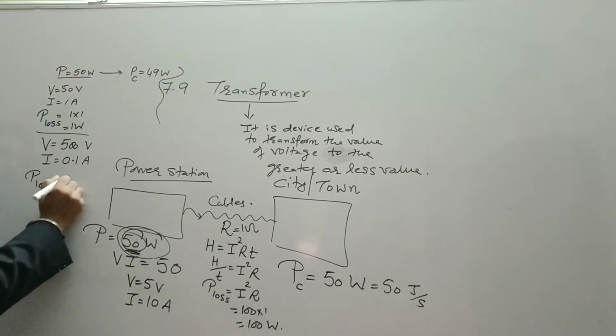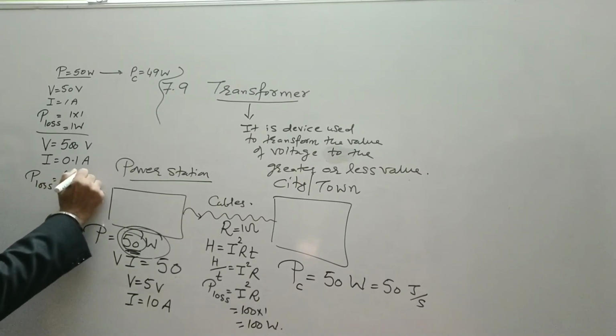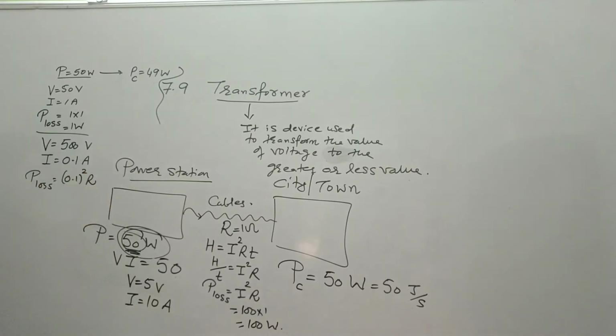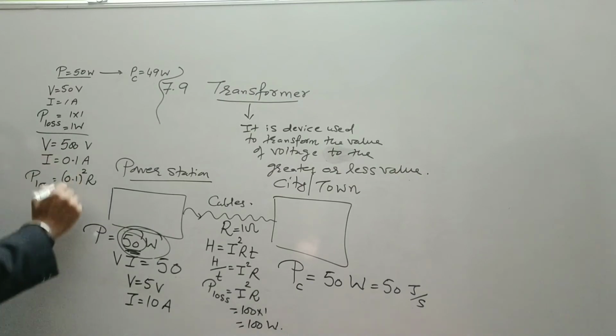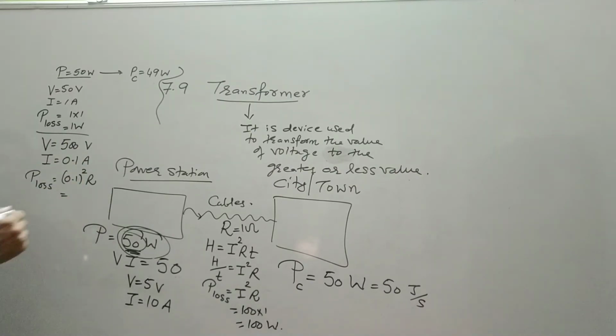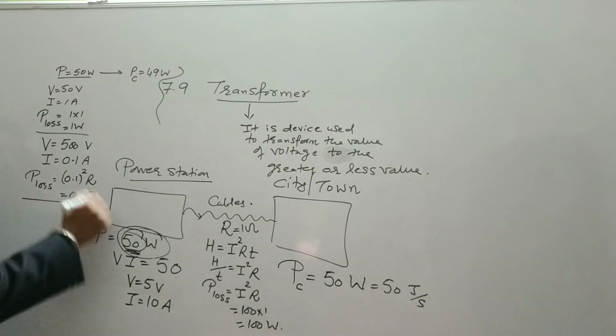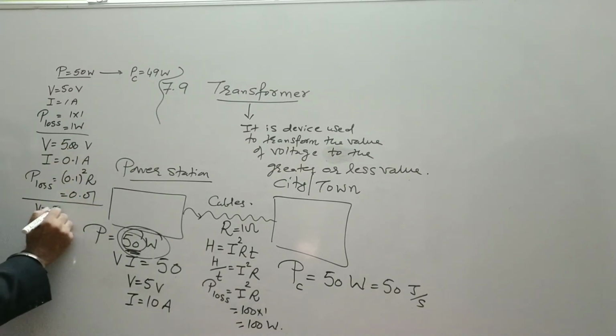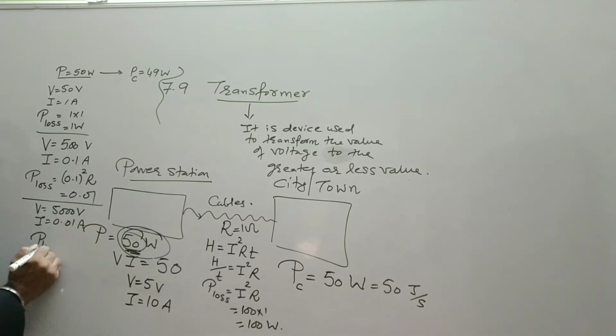So power loss will be equal to 0.1 square into R. Now this loss is almost minimum, that is 0.01. Now we have a 0.01 loss only. Similarly, instead of this V equal to 500, suppose I make it 5000 volt, then current is reduced to 0.01 ampere. So now power loss is